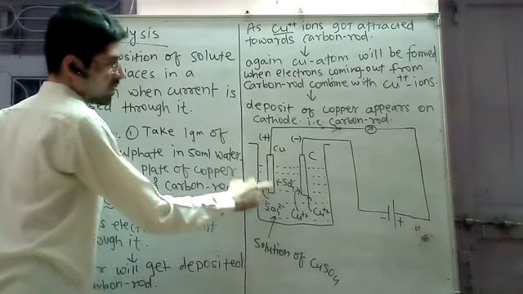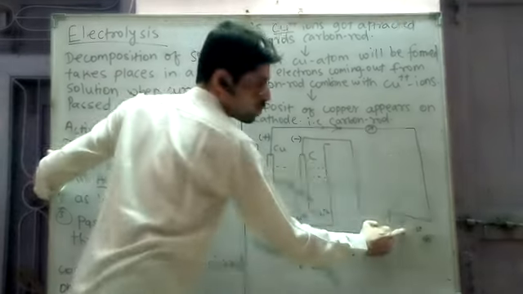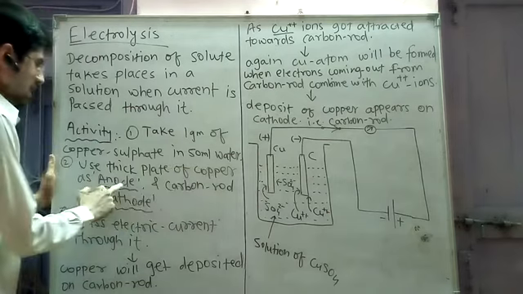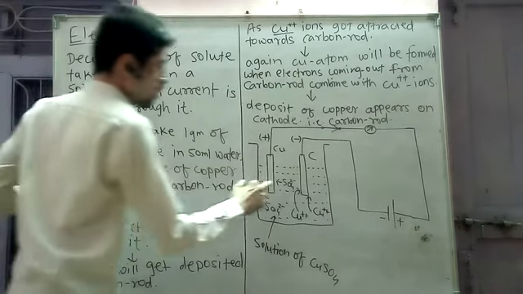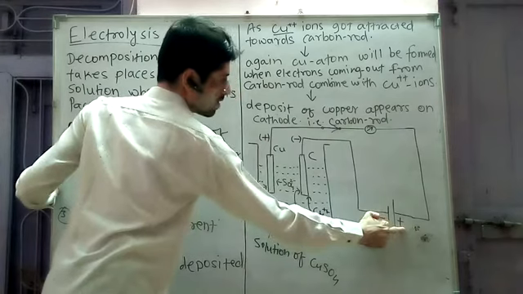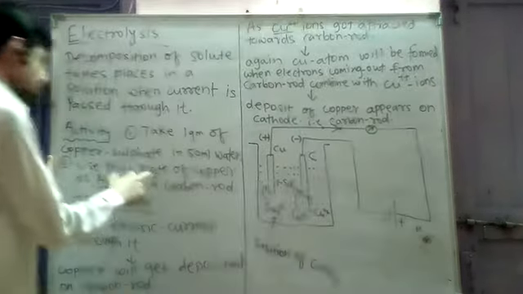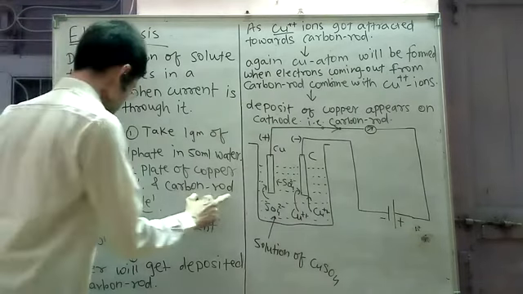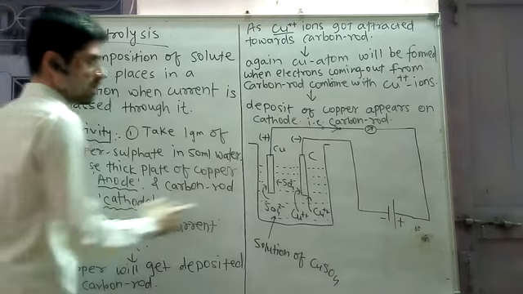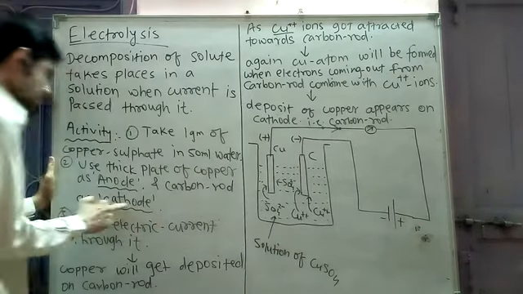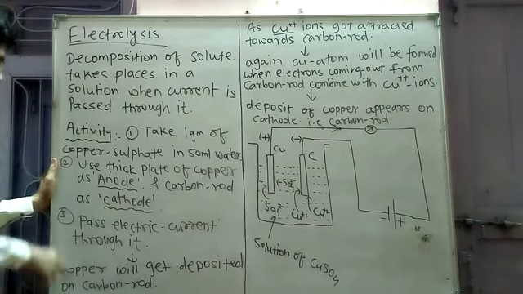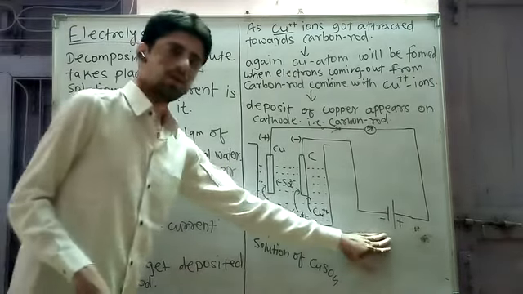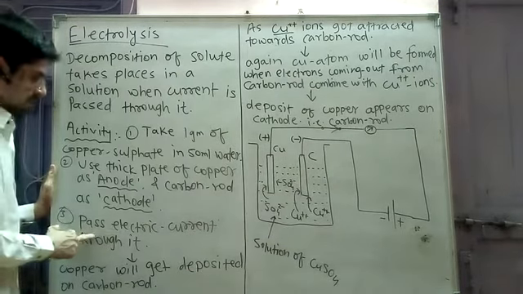We call this plate the anode because it is connected with the positive terminal of the battery. We use a thick plate of copper as anode and a carbon rod as cathode. The copper plate is connected with the positive terminal, so it is called the anode, and the carbon rod is connected with the negative terminal, so it is called the cathode. Now we are going to pass electric current through it. We have used a 6-volt battery, and with the help of this battery we pass electric current